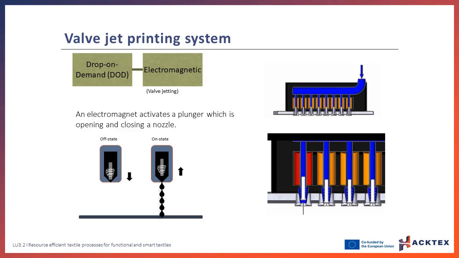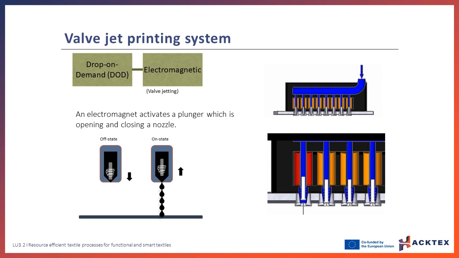In valve jet printing, which falls under the category of drop-on-demand technology, the printing process is initiated by an electromagnet that activates a plunger. The plunger is responsible for opening and closing the nozzle, allowing ink droplets to be ejected